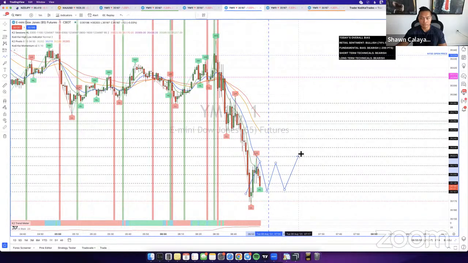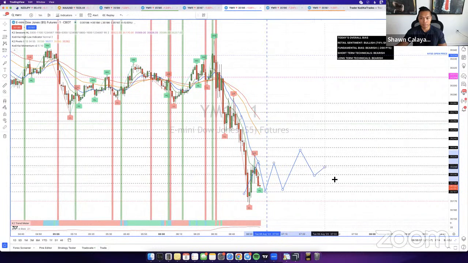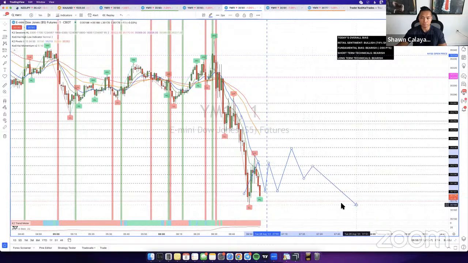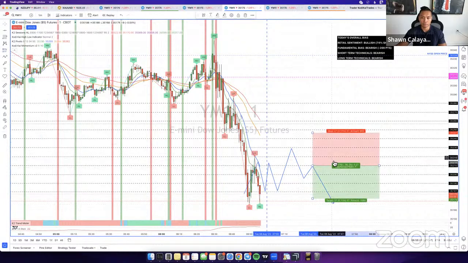And then I want price to go up, come down, and continue, right? That's what I want. I want price to go up and down right here, and then go back up with the buy signal right here, and then come back down, and then have that retracement and continuation. Once we get this type of pattern, you guys can see it kind of looks like a head and shoulders, a short-term head and shoulders. That's exactly what I'm looking for.